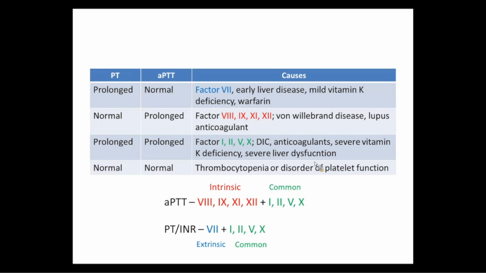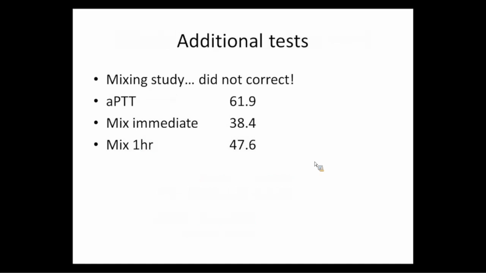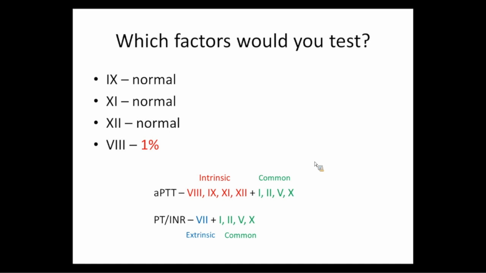So the next thing that they did was to send these studies, and this was the result. Factors 9, 11, and 12 were normal, and factor 8, it's a functional assay, so the activity was 1%. So the coagulation studies worked. And this is what we got. So what would the next step be? I gave you a little subliminal message there. Or maybe Hershey, you walk through. So you gave us